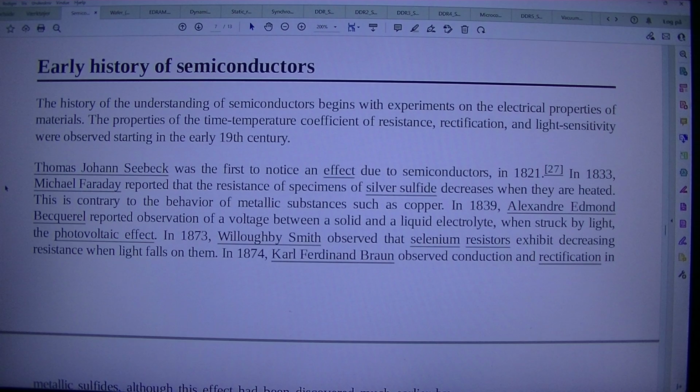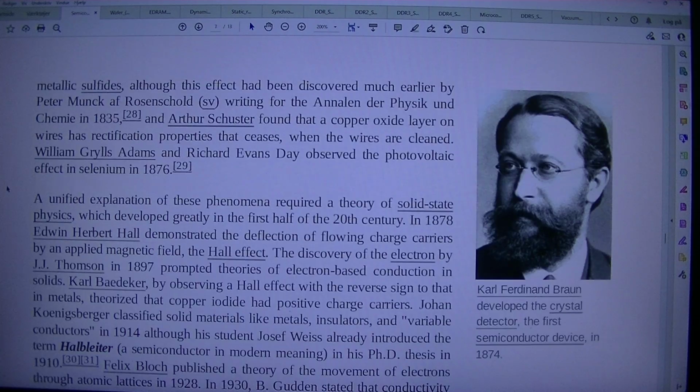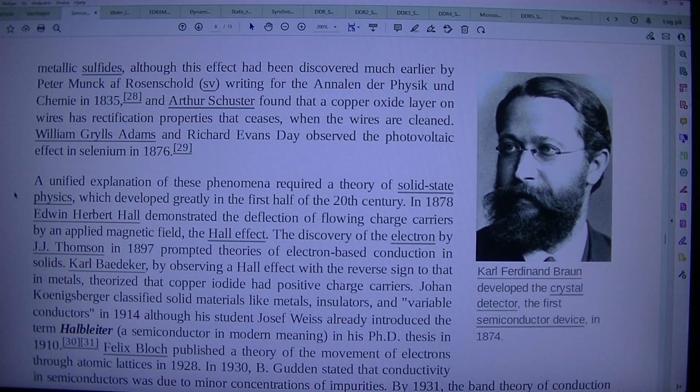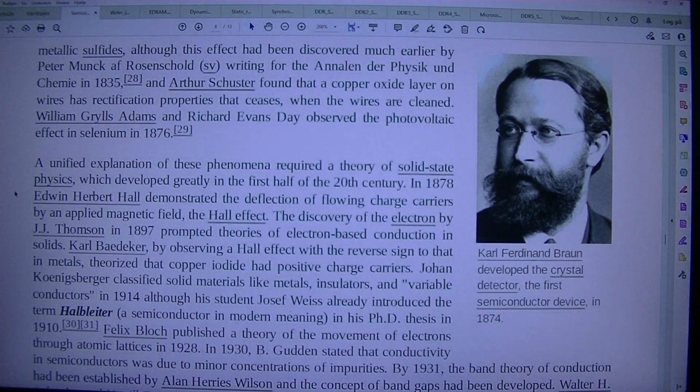In 1874, Carl Ferdinand Braun observed conduction and rectification in metallic sulfides. Carl Ferdinand Braun developed the crystal detector, the first semiconductor device, in 1874. Although this effect had been discovered much earlier by Peter Munck af Rosenschold, writing for the Annalen der Physik und Chemie in 1835,